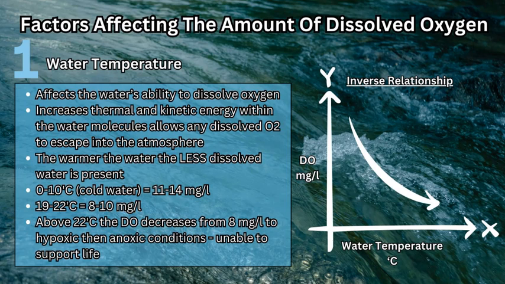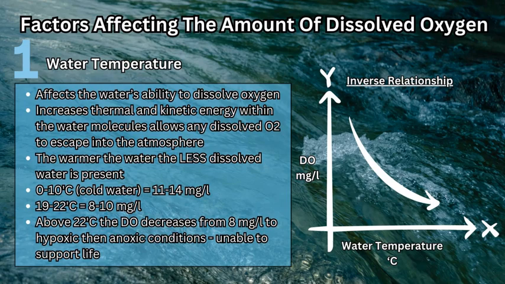So ideally, a temperature between 0 and 10 degrees Celsius, which is pretty cold, would be the ideal temperature for a high dissolved oxygen content or value, between 11 to 14 milligrams per liter. If the water gets warmer, so above 19 degrees, that ability to hold dissolved oxygen goes down to 8 to 10 milligrams per liter. If it's above 22 degrees Celsius, which is quite warm, which you get sometimes in the months of the summer in various rivers and ponds and lakes, that dissolved oxygen would decrease again further below 8